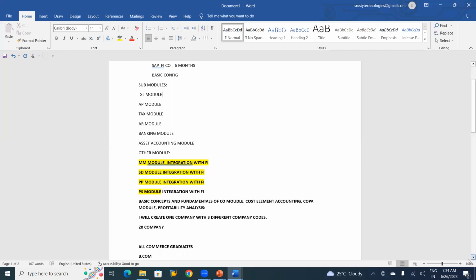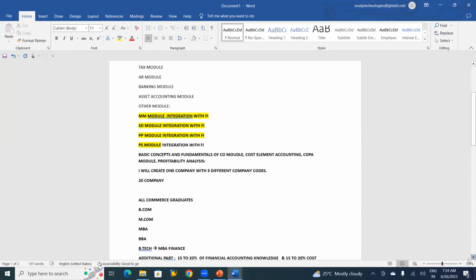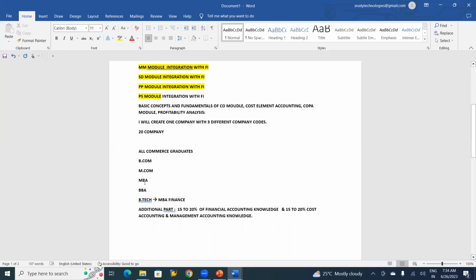So that gap we are going to complete in our particular course. That's the reason I don't have any issues if they are from BTech, MTech, or any non-commerce background. I don't have any problem, because whatever bridge or gap is required, we are going to fill that gap with these additional things. Clear? That's the reason it's immaterial for me. Normally other people will say that BTechs are not eligible. Probably they are not eligible, seriously speaking, because whenever they attend interviews, they won't get priority like commerce students. But if they are given a chance to attend an interview,